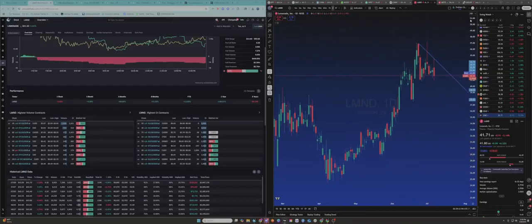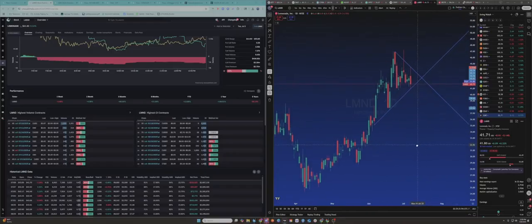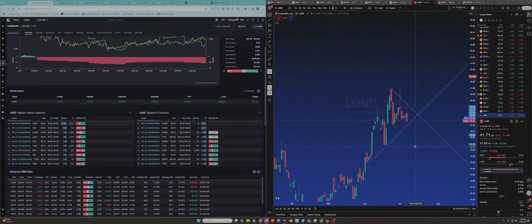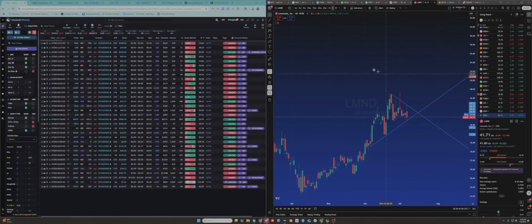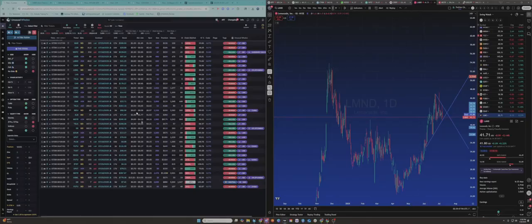And it is kind of just a massive bull pennant here. So here's your flagpole, and then you have your pennant here. We can even draw it bigger. But yeah, you get the gist of what's going on here. That big bull pennant. So on a breakout of right there, we'll look to head higher. That's kind of how I would dig through, real quick, and find stuff on flow.